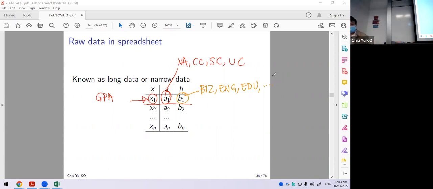And you can see this is the data people would call narrow data or long data, because this is very long, right? Because each entry will have one. Okay? Is that okay? Is that clear? If that's okay,